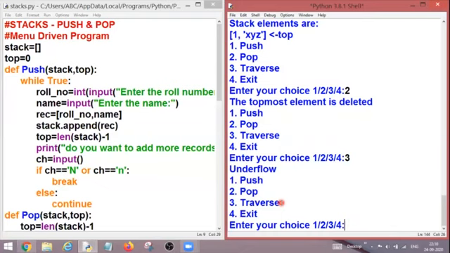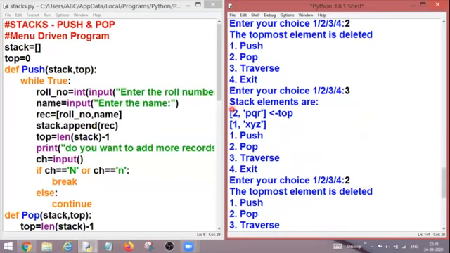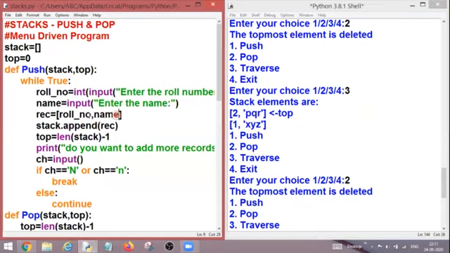As I can show you again, 2 is the roll number of a child, PQR is the name of the child, and both the values are one record. And 2 records are shown over here. So inside one record also we can take more than 2 values. And I have shown you how we can do it.